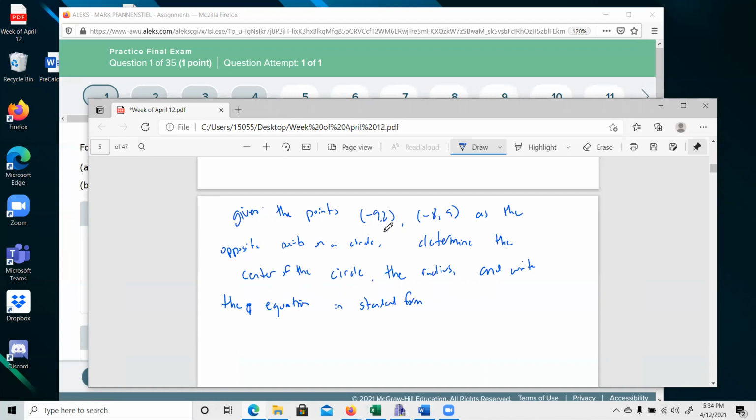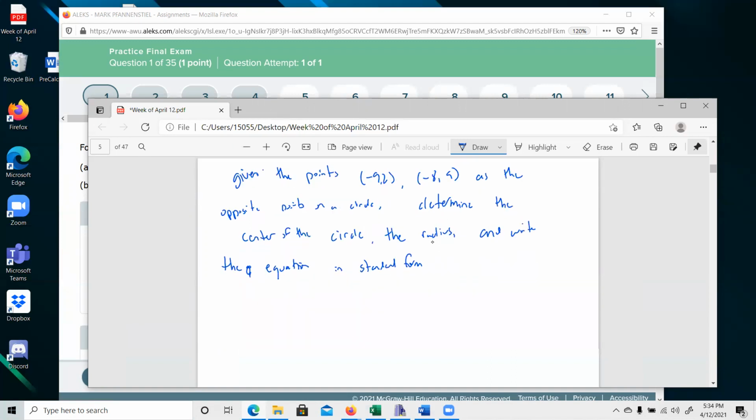Right, and this is the kind of way I would write it. Given these points as the opposite sides of a circle, determine the center, determine the radius, and write